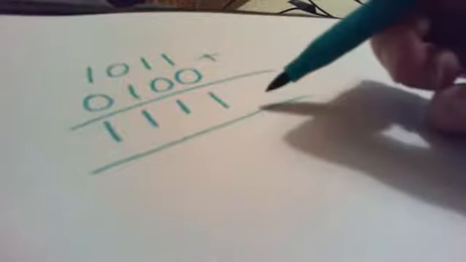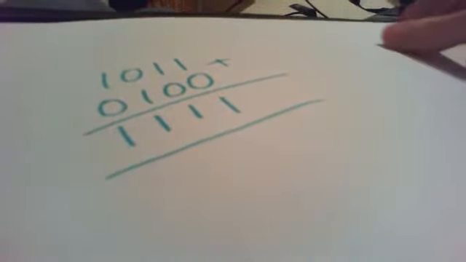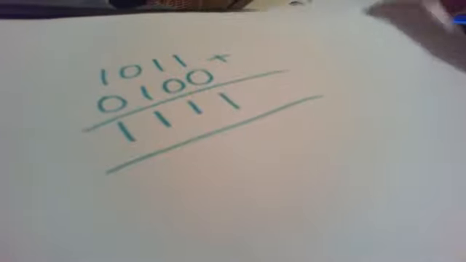To add these, all I need to be able to do is add up to 2. So I've got 1 plus 0 equals 1. 1 plus 0 equals 1. 0 plus 1 equals 1. 1 plus 0 equals 1, which actually gives me this number here. Now that's nice and simple. However, it becomes a little bit more difficult when you